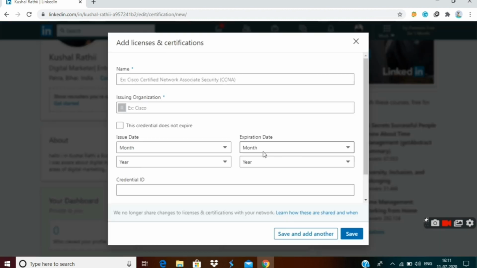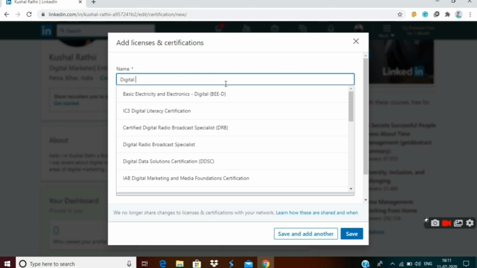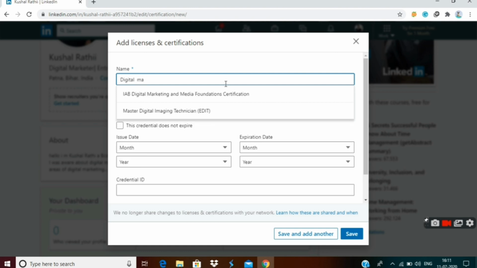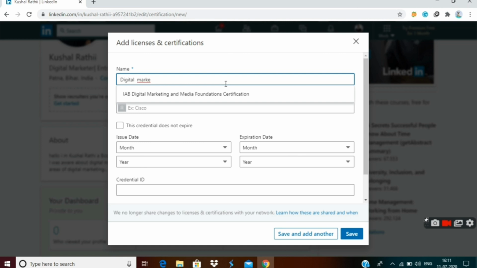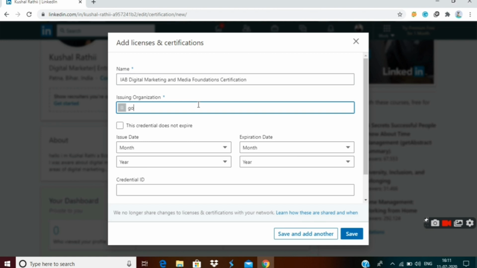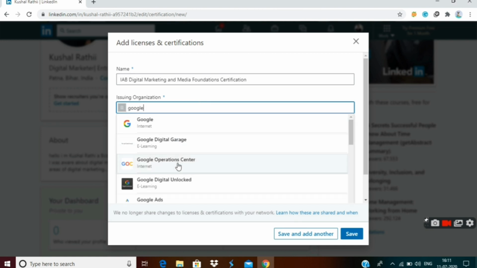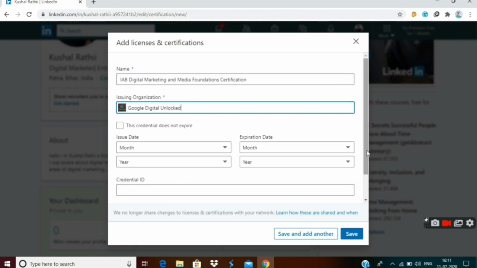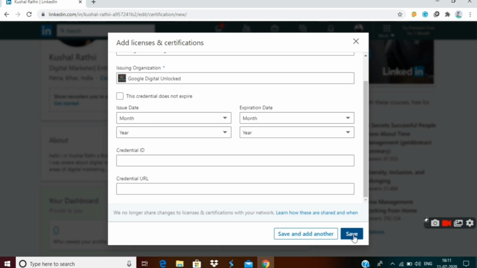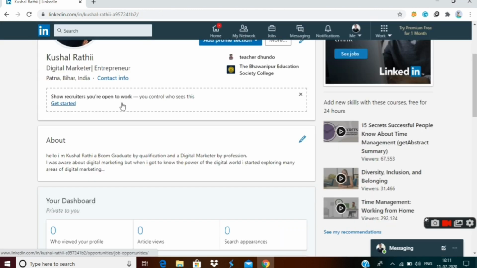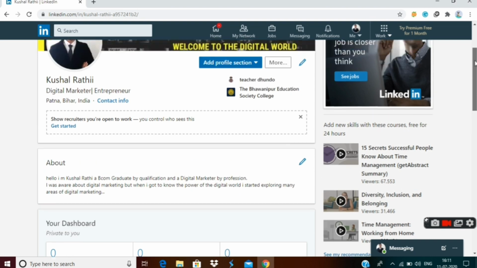Suppose I'll add a license and certification as digital marketing, digital marketing from Google. And save it, because this credential does not expire.